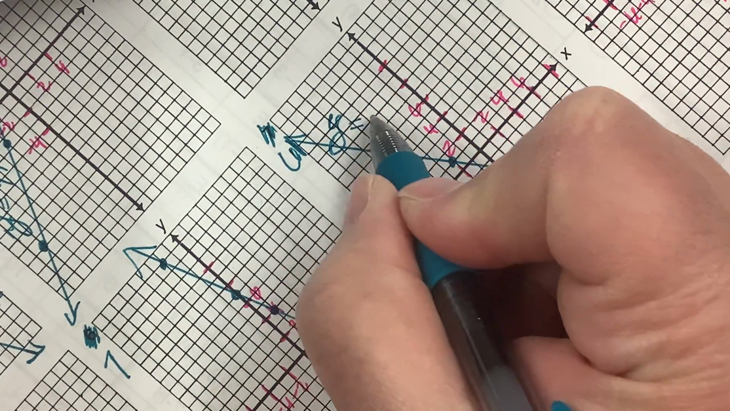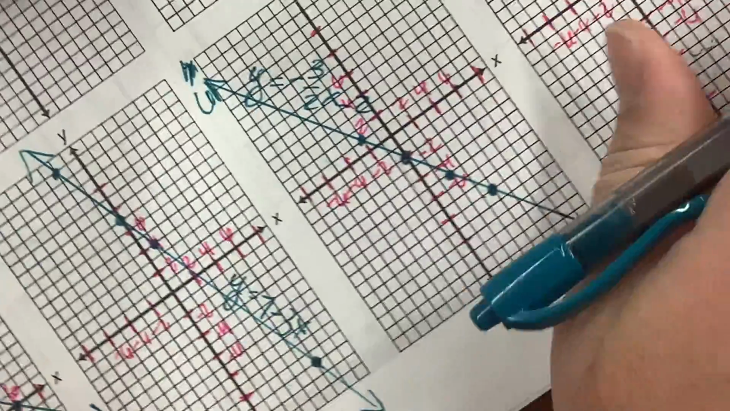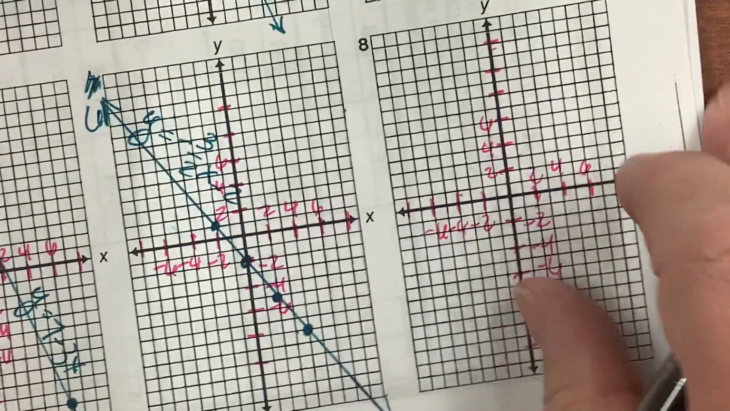Here we go. Y equals negative 3 over 2x minus 2. Mistakes are okay. We're all human. It's all right. We'll get over it. And the last one,